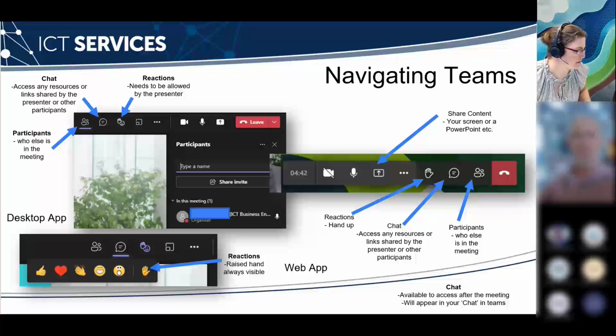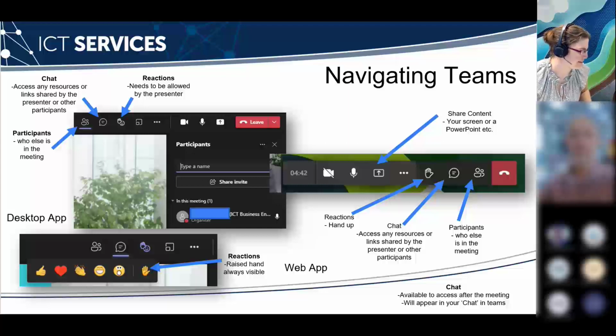So if you would like to react, I might ask you throughout the session to give me a thumbs up if you can hear me. If you use the react button up the top there near the chat, you should be able to